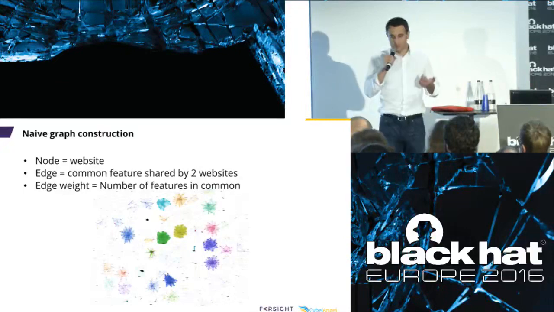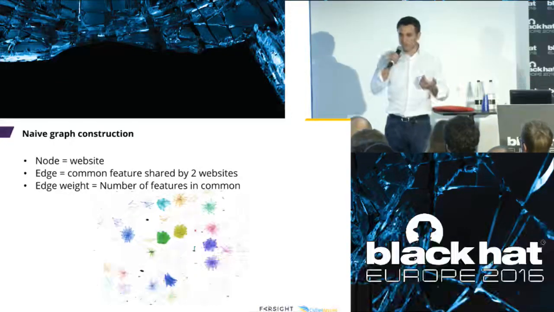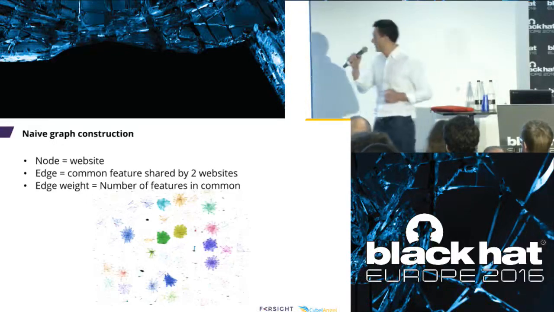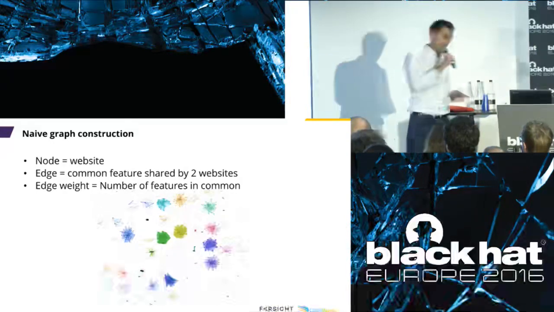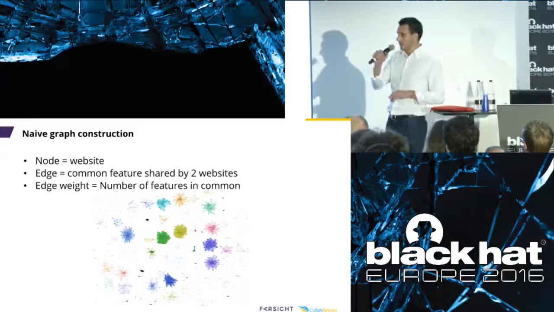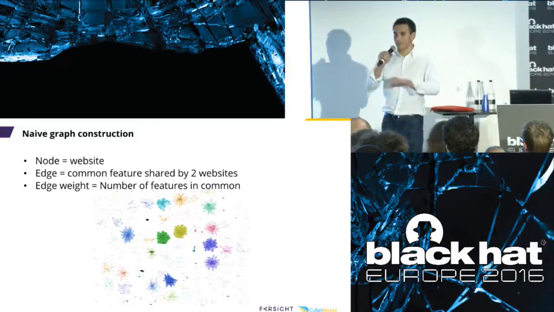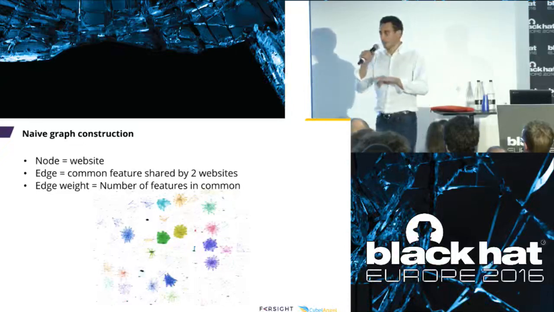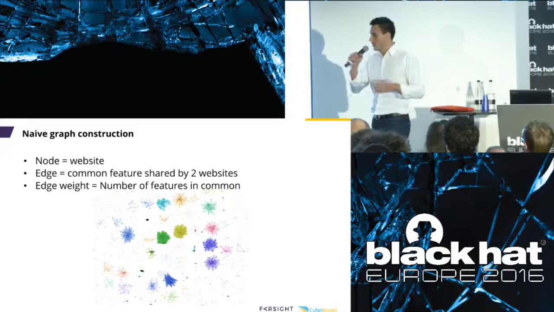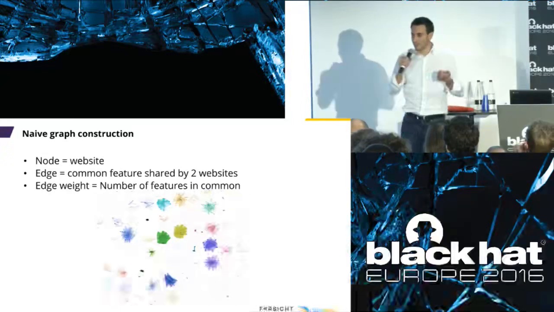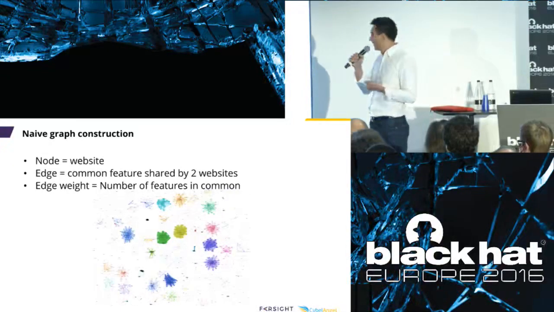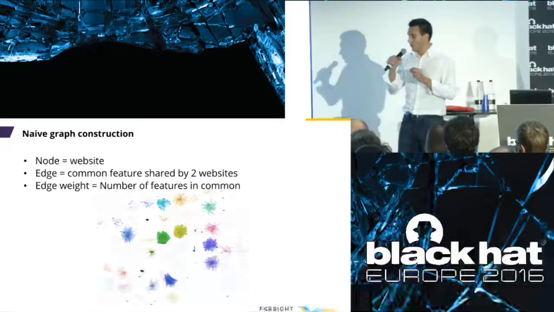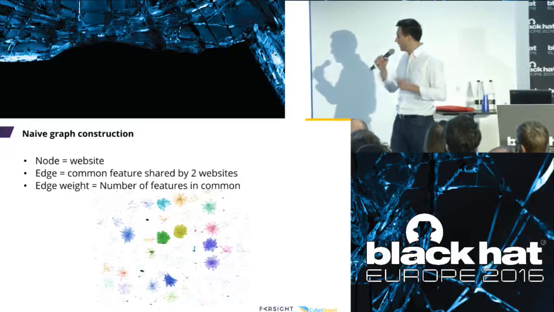First, the naive approach was to say, okay, I want my data to be homogeneous. So I will say every node is just a website, plain and simple. And if two websites share a common feature together, for example, the same email address or the same phone number, I will just draw an edge between the two nodes. Say these two websites share more than one feature together, they also share some analytics IDs, I will just draw a thicker edge. So I have this concept of weighted edges. In the end, you get some nice graphs like this. You can clearly see the clusters thanks to the thickness of the edges.